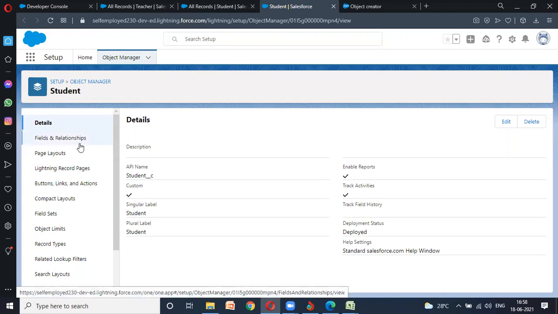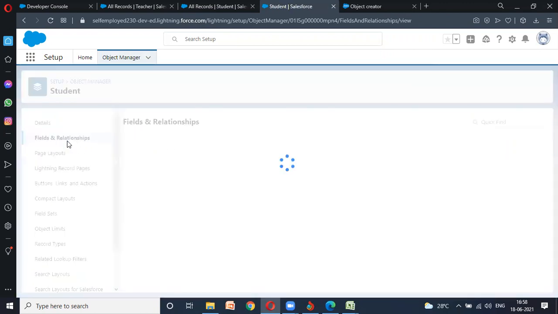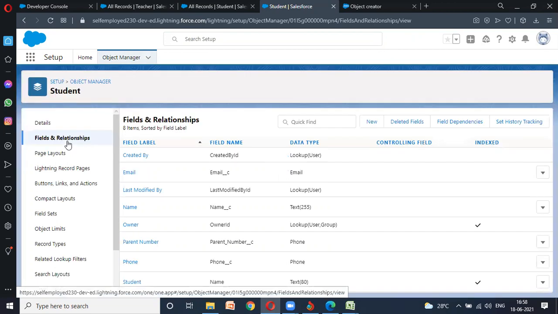So here the fields, first I will check what and all fields I have. Here I have email field, name field, parent number, phone number, student name.